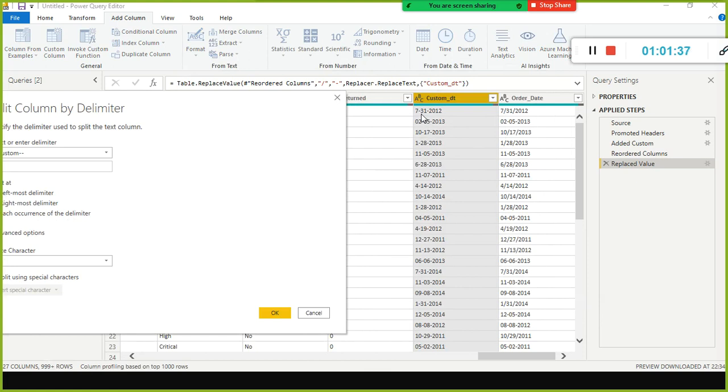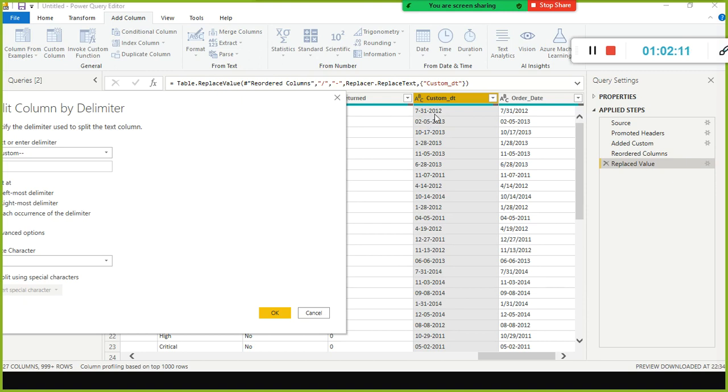If you don't have the delimiter hyphen, how will you know which one is month, which one is date, right? It's all messy. 731212. Difficult to understand, right? So for that purpose, and also to split the date, month, year, the delimiters are used. Now you understood what is delimiter. Delimiter can be hyphen, semicolon, or forward slash or backward slash. Why do they use delimiter? To make the data more legible.